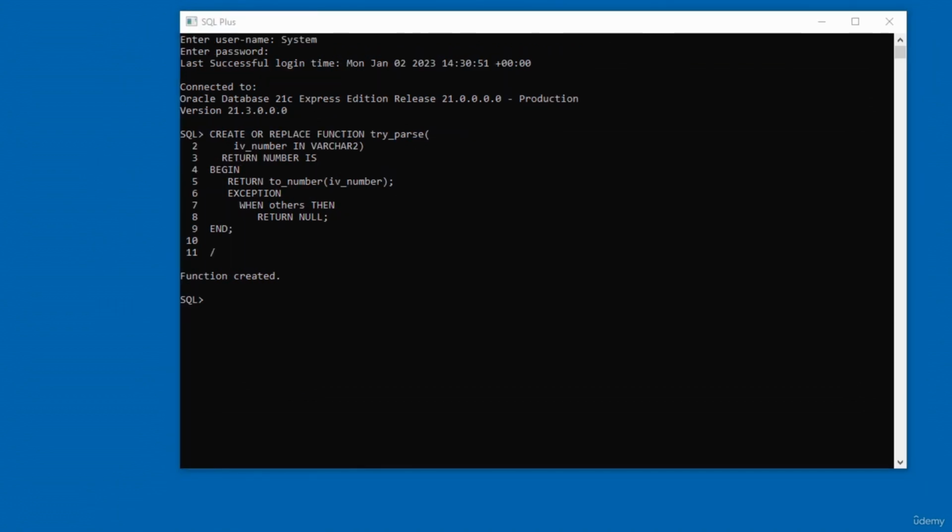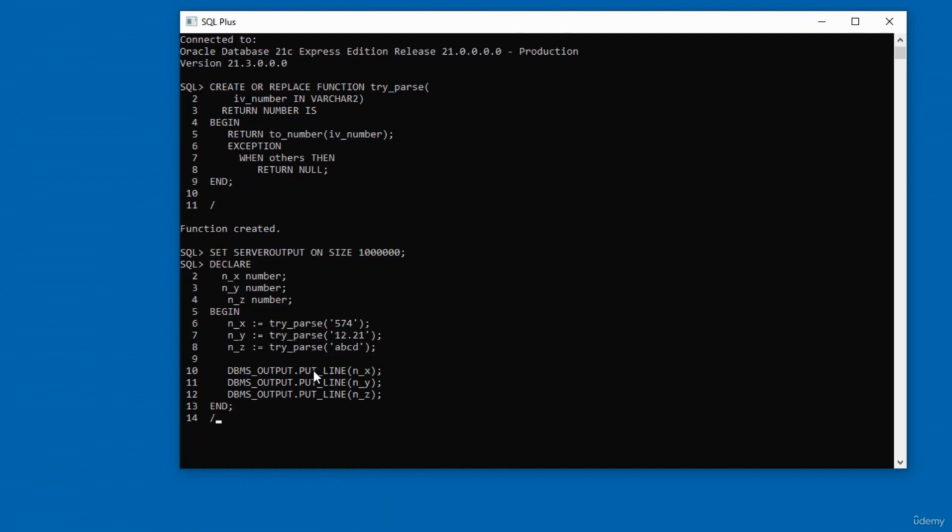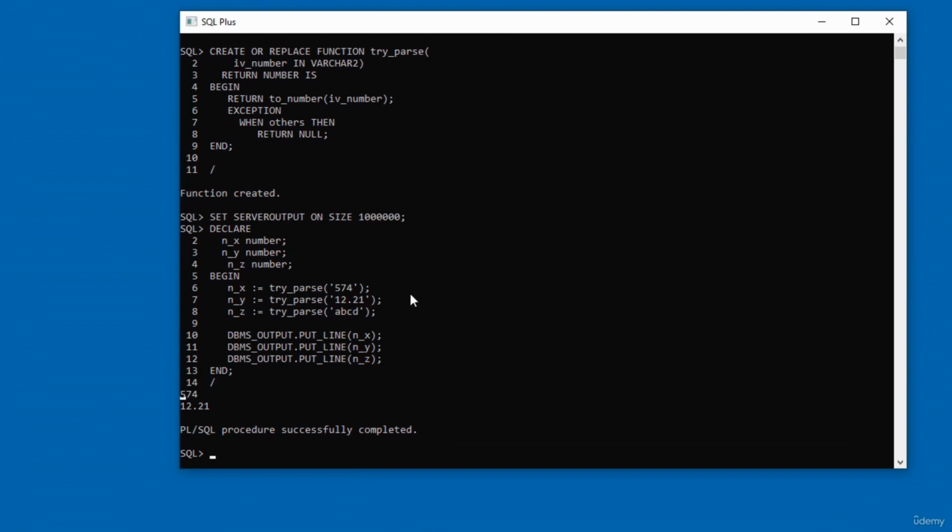Next, I'm going to create an anonymous block. I've already prepared the script, so I'm just going to paste that in. This is the script for creating the anonymous block. I'm going to press enter, and that will create the block. So the anonymous block has been created, and if we take a look here, we've used the anonymous block to